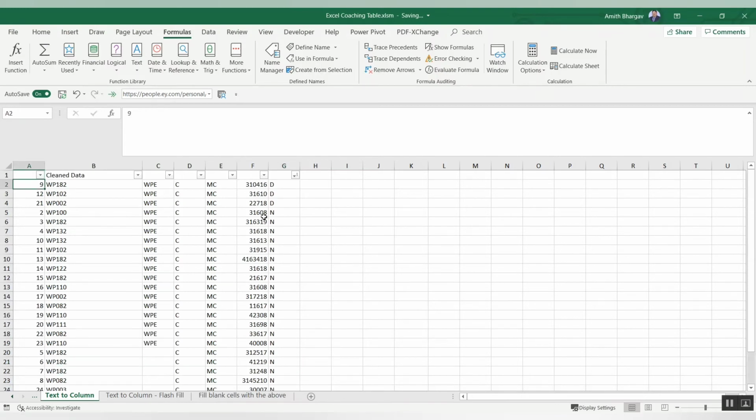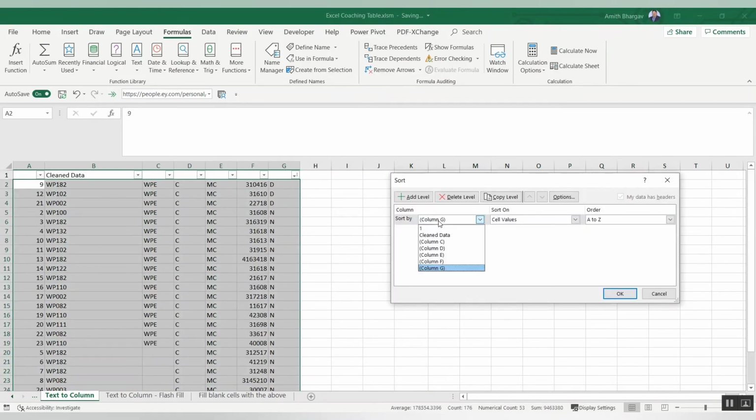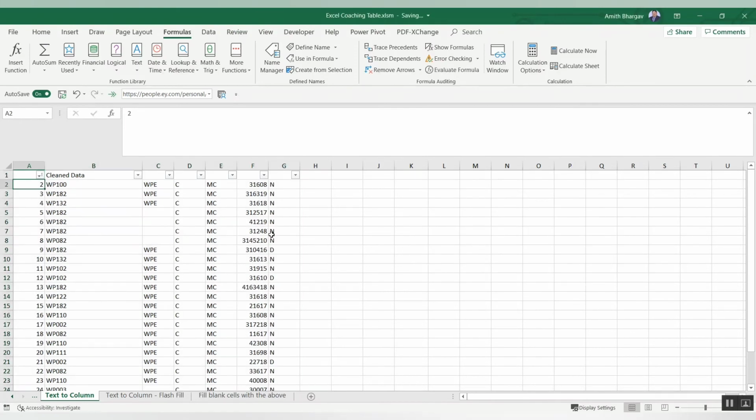Now why did I add this number? Any guess? Yes. So what I'll do is select this table and sort it back to the format how it was initially. So for the first column I'll select smallest to largest. Now what happened? The initial format we got is retained. So the client provided format never changes, if you do the work like this.